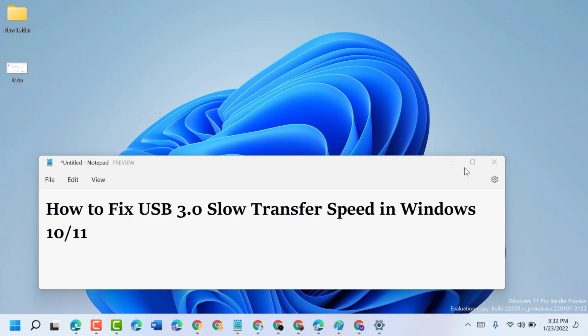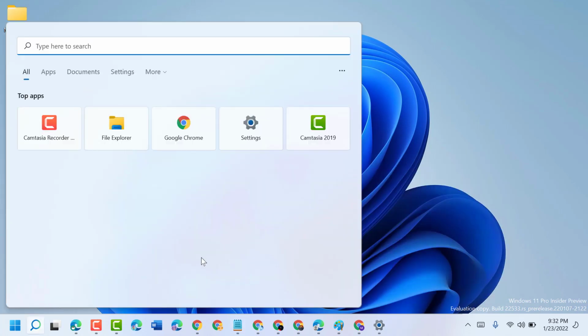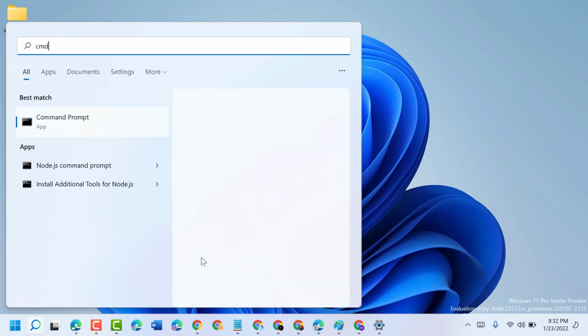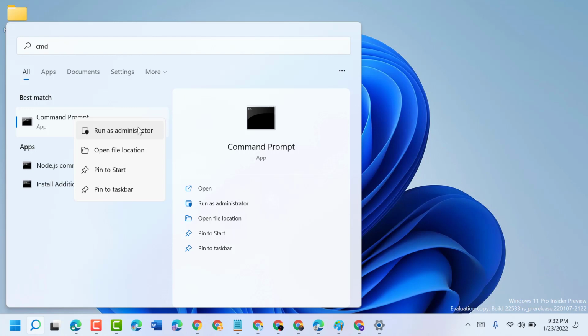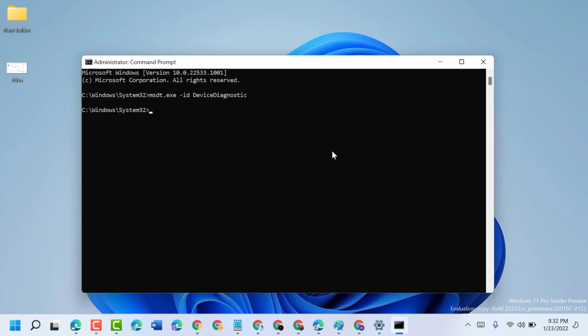10 or 11. So to resolve this problem, click on Start, type CMD, right click on Command Prompt, run as administrator. Now here guys, you need to type this command